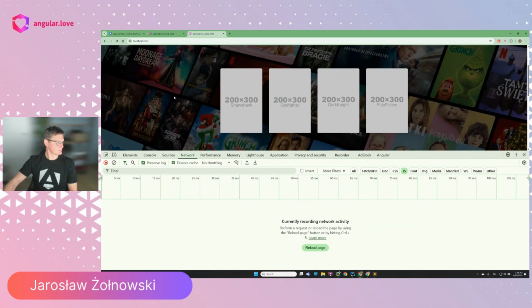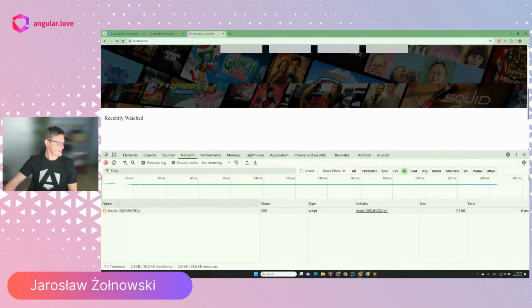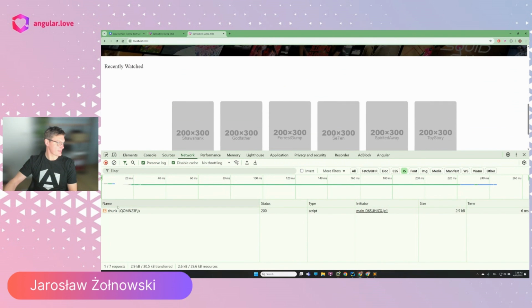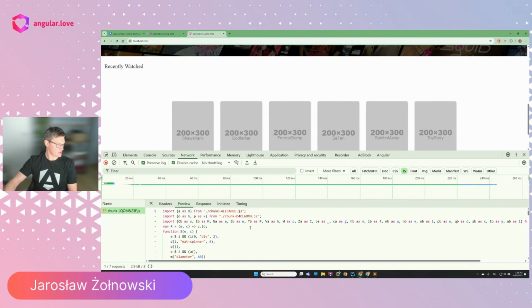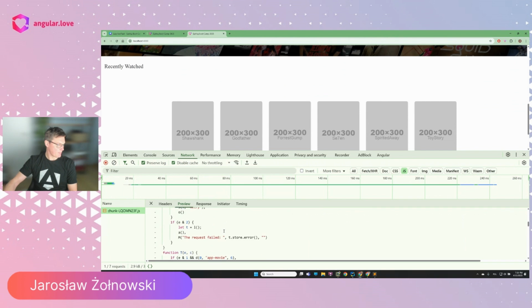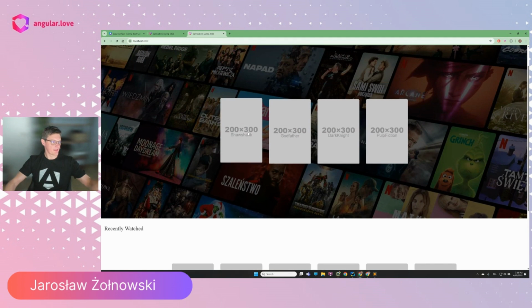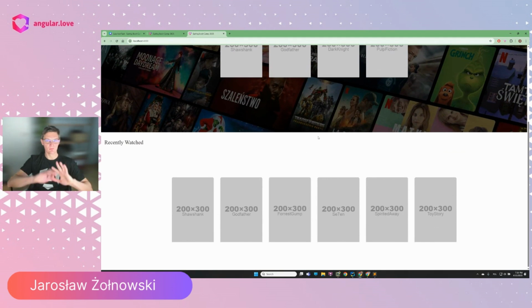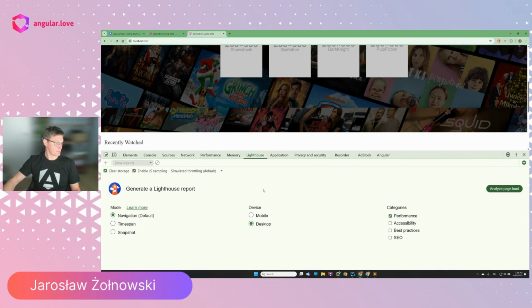So once we scroll, we can see this additional chunk is loaded, right? And this additional chunk is responsible for this section, basically. So we can split this entire page into multiple different pieces. I call it slice the elephant, basically, and load each part when it's actually needed. So now, after these few improvements,